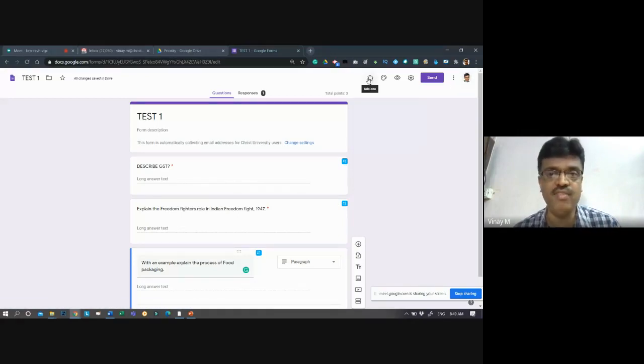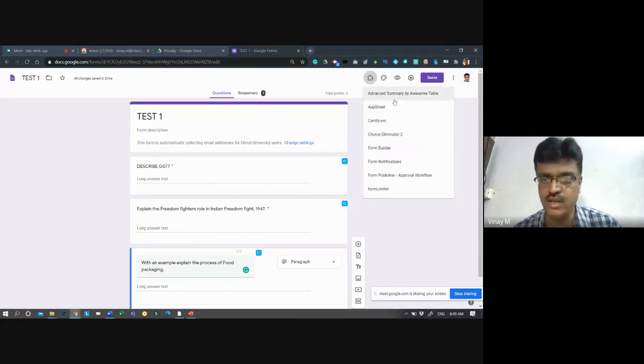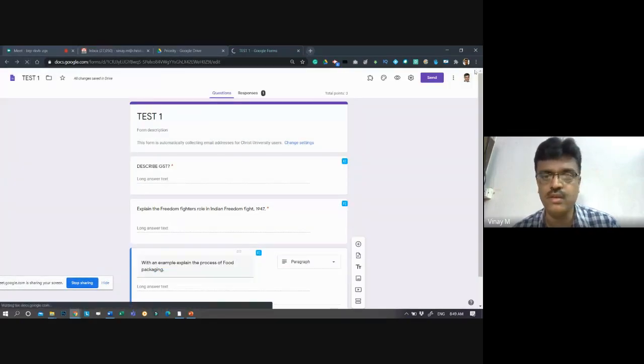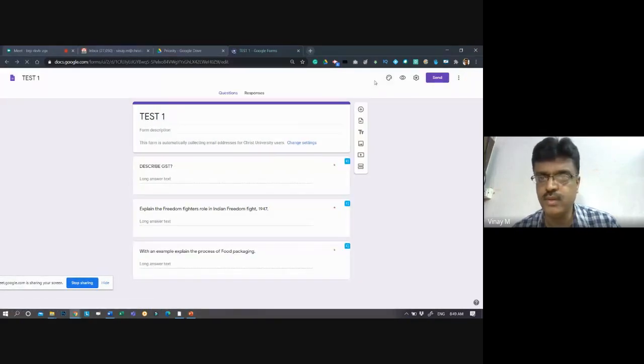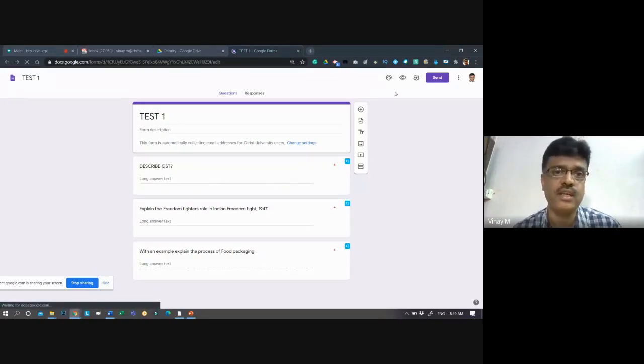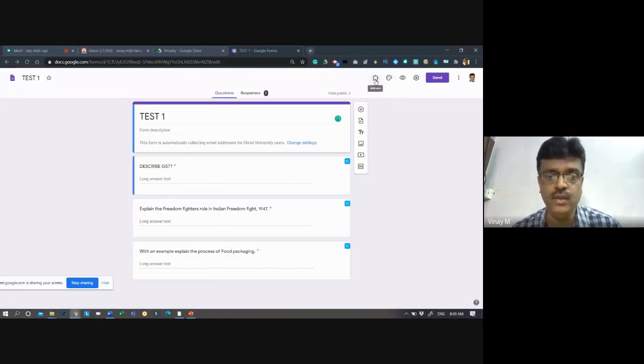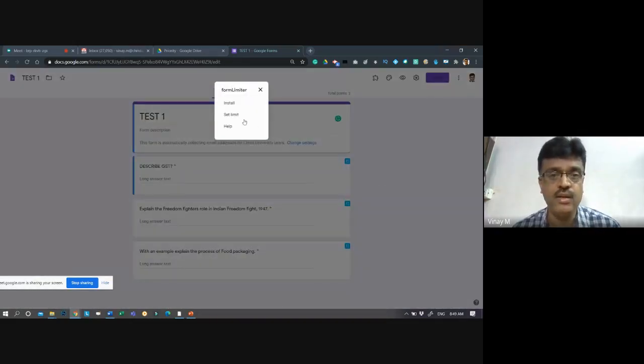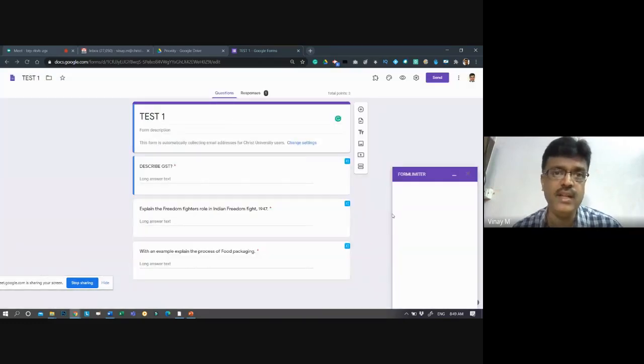Second, after installation, click on this add-on. You could see here all these appears. Whichever you have installed, everything comes here. One easy one I'll show you so that you can understand one by one how it works. Then there is something called as form limiter. What is form limiter? One second, I think it has to see here. This my add-on. Okay, it comes for a second. Hold on. Okay, now this is a form limiter. It is trying to limit here. Set this limit. It is limiting based on the date and time.